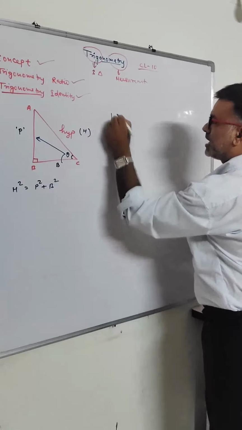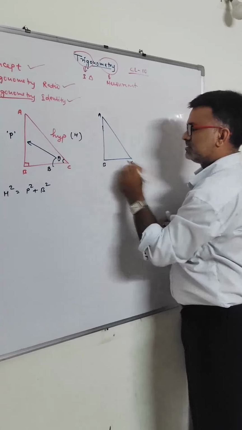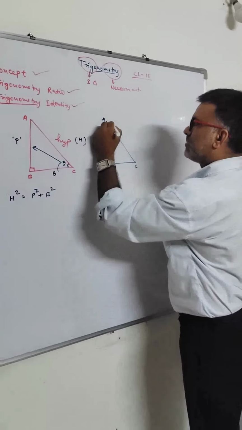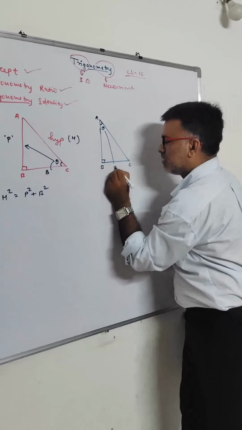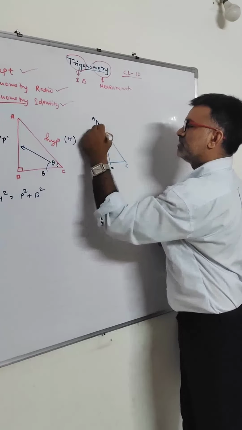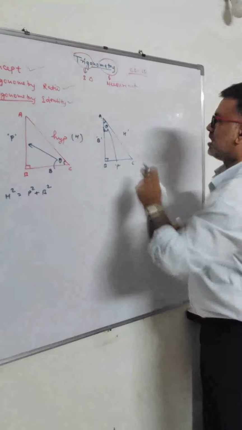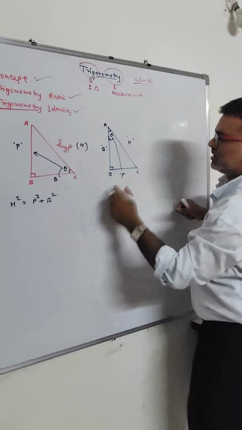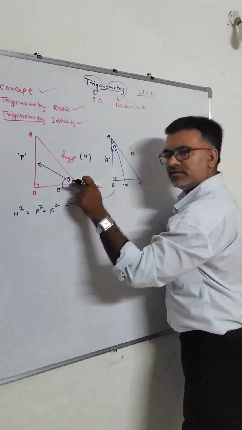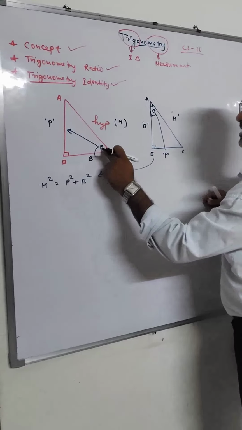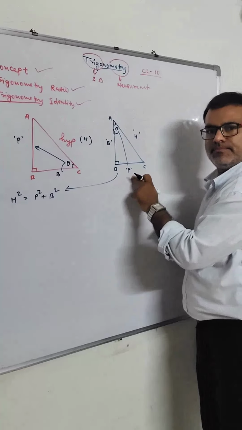Now see, again I am drawing a triangle. This is my right angle triangle, again A, B and C. This is right angle at B. Now if I am taking theta here, in this case what will happen? Now this will be my P and this will be my B. This is the adjacent side, this will be my B, and this is the hypotenuse. Here again you can write this is our Pythagoras theorem. So what I am trying to say is that if this is my theta, then this will be my P, the opposite side.